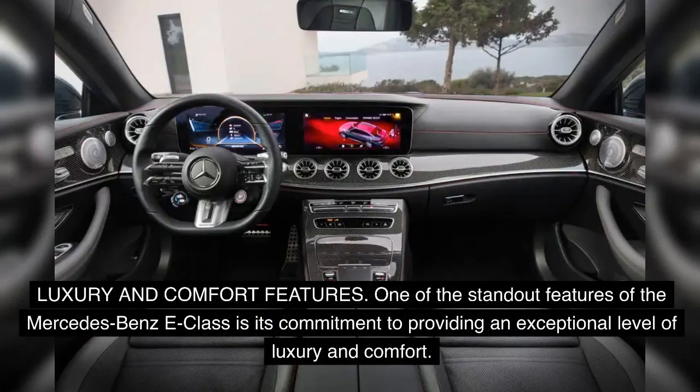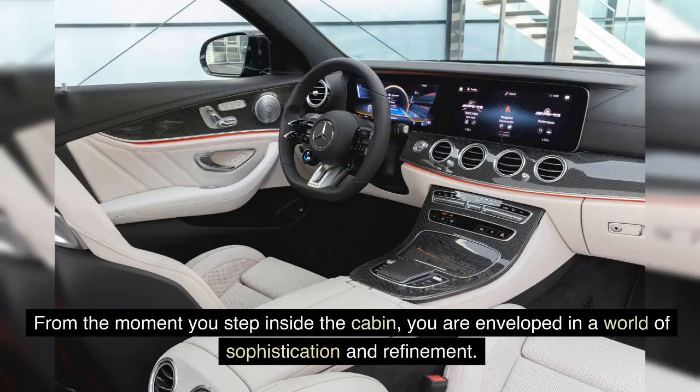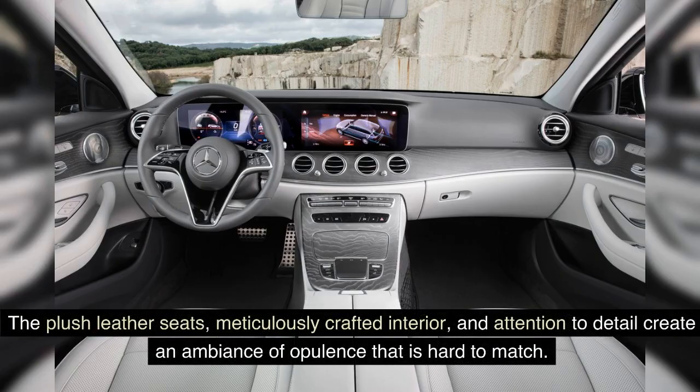Luxury and comfort features. One of the standout features of the Mercedes-Benz E-Class is its commitment to providing an exceptional level of luxury and comfort. From the moment you step inside the cabin, you are enveloped in a world of sophistication and refinement. The plush leather seats, meticulously crafted interior, and attention to detail create an ambiance of opulence that is hard to